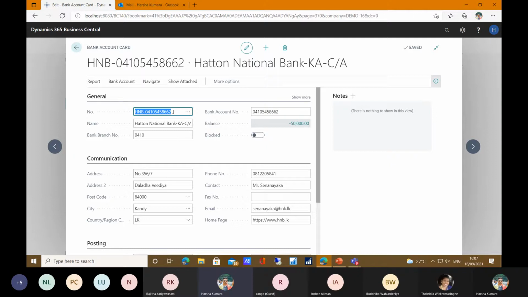Here I have highlighted that I have created a sample bank account for demonstration purposes. It's called HNB. The bank account name also you have to define correctly, so users can understand which bank account they are going to post payments or receipts to. You have the bank account branch number and bank account number, and you can also see the balance at any given point in time, because this balance is automatically updated once the user posts data into the system. If user A has posted receipts, then within 1 second your subledger is also updated, and you can come to the bank account card and check that the balance is updated.